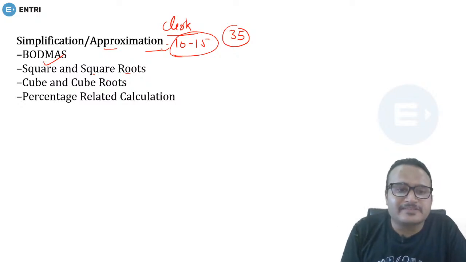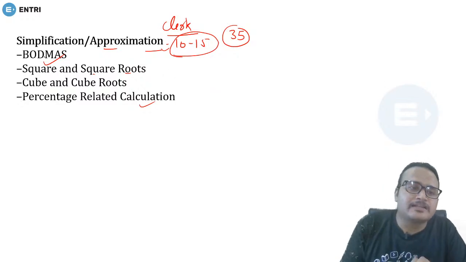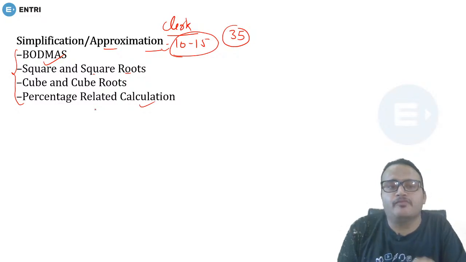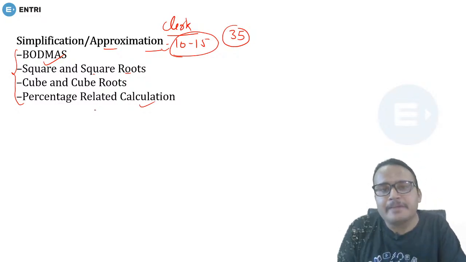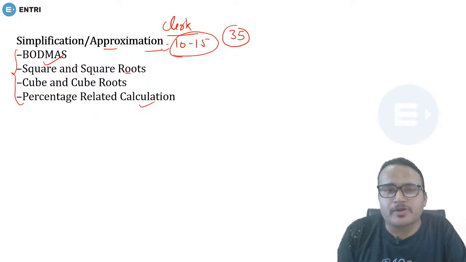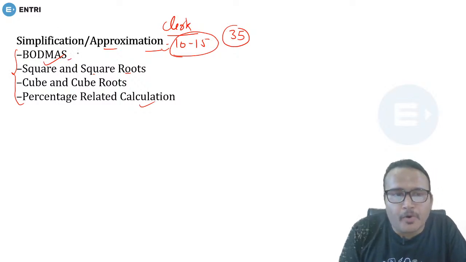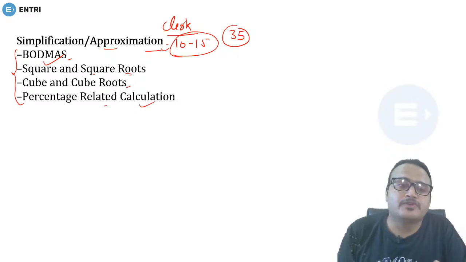In the same way, percentage related calculation, you must know how to do that. So these are the 4 important subtopics in simplification from which the questions are being asked in your clerical level examination. In IBPS Clerk 2020, definitely there will be questions from these subtopics, and sometimes there is a kind of question in which BODMAS, square and square root, cube and cube roots, and percentage related calculation, all these